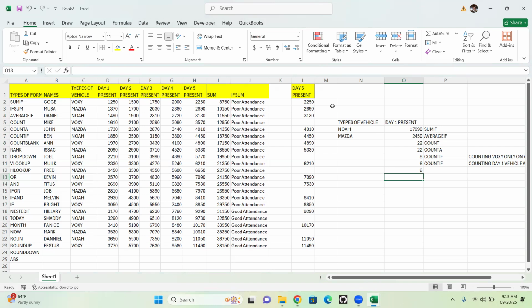So that's how you should be able to understand how to use COUNTBLANK, like this. COUNTBLANK is very common also. So when you go to the second level, you are going to look at how you can remove